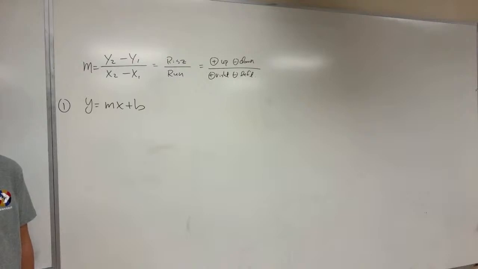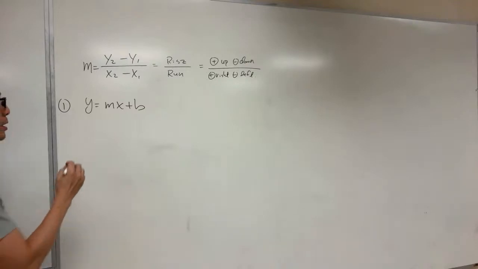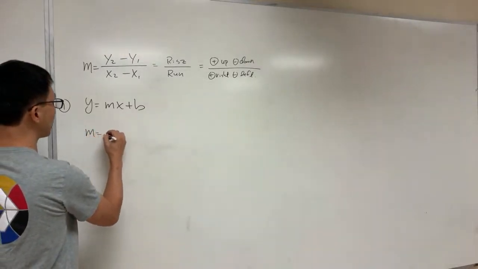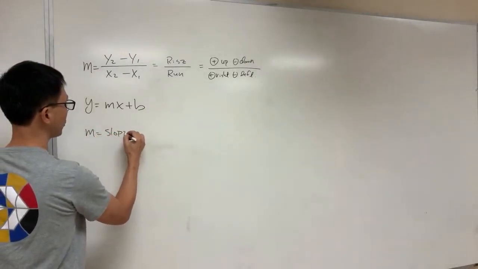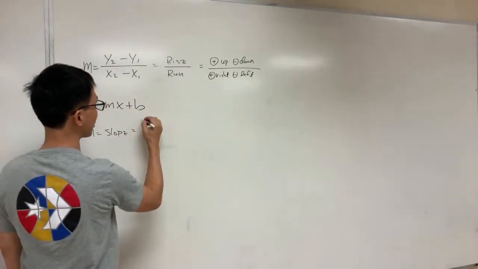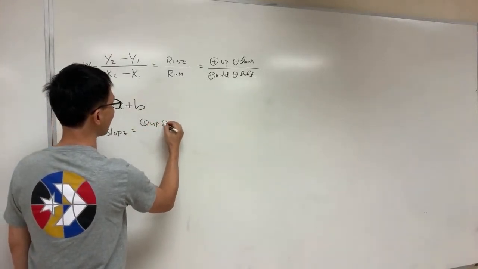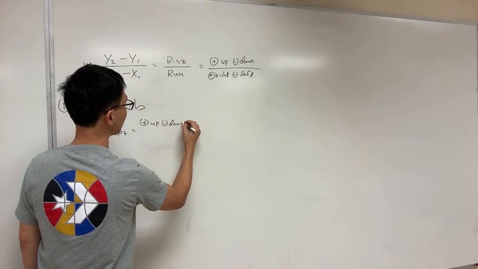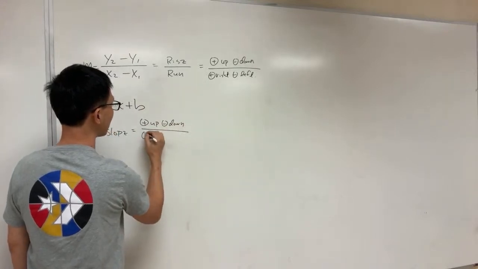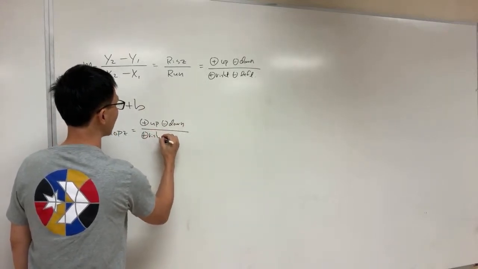The b does not represent the y-intercept, be careful. M represents the slope. We know that if the slope is positive, it's going up. If it's negative, it's going to go down. I hate when a teacher tells you that way because